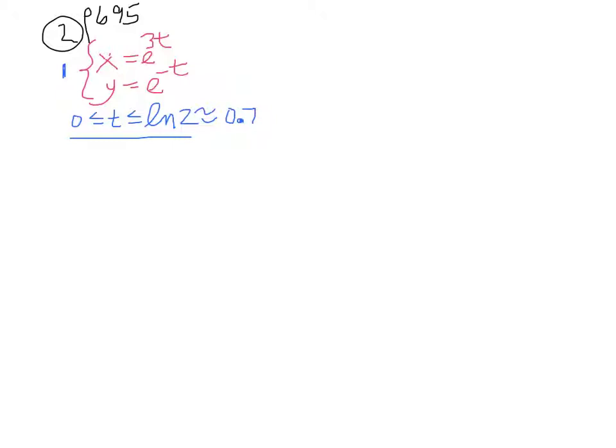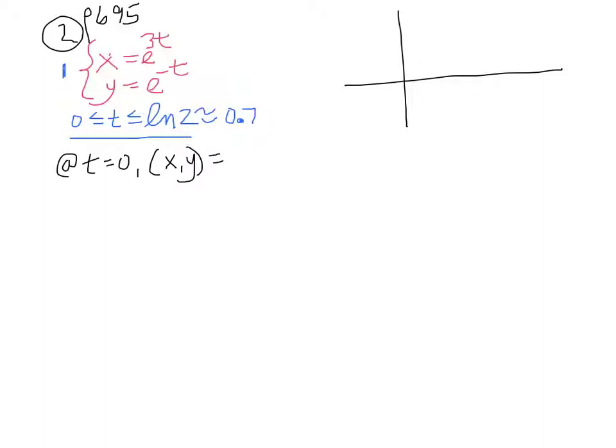So when I plot this function, you can see the endpoints. At t is equal to 0, x would be e to the 0, and y would be e to the 0, so I'd be at 1, 1. And then at t is equal to the log of 2, or 0.7, we would see that x, y would be equal to